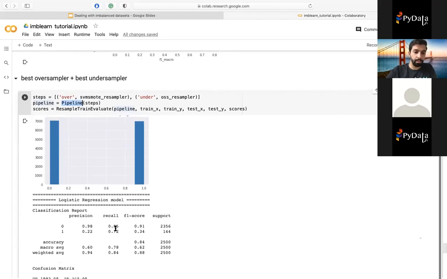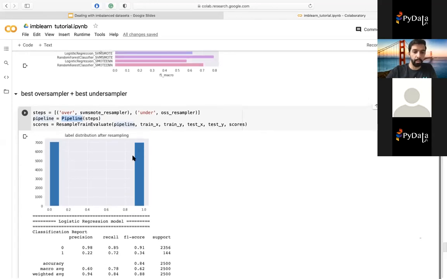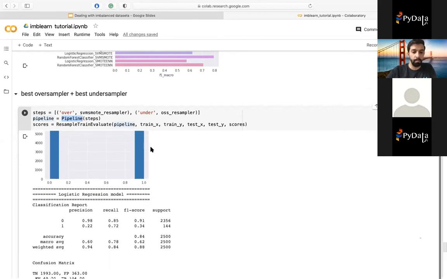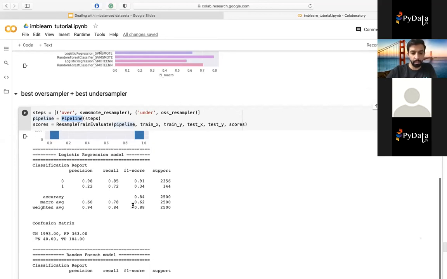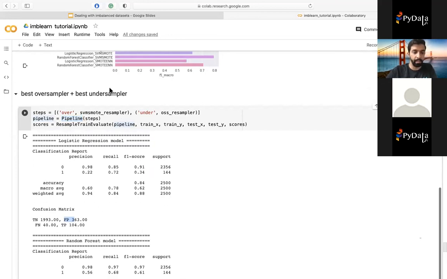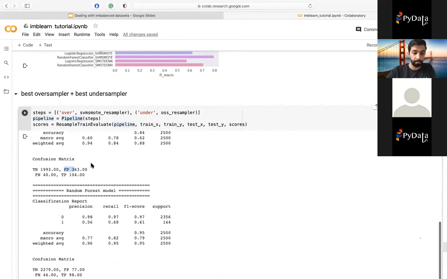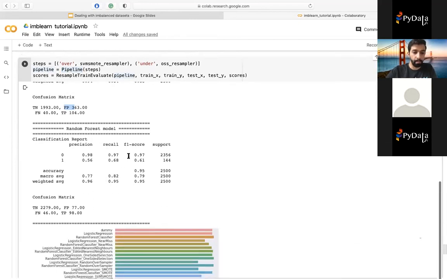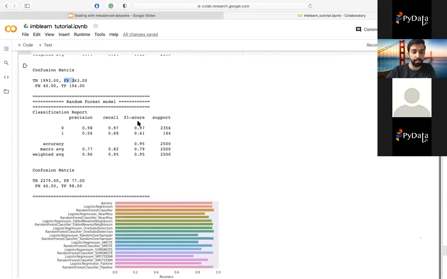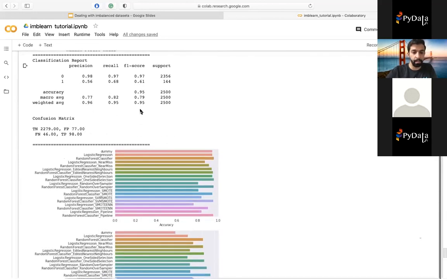Not much on the logistic regression. And we see it's created equal points because the one-sided selection doesn't remove much. The logistic regression went back to overfitting, but at least it's better than the previous one. The random forest now is similar to the SVM synthetic oversampling.